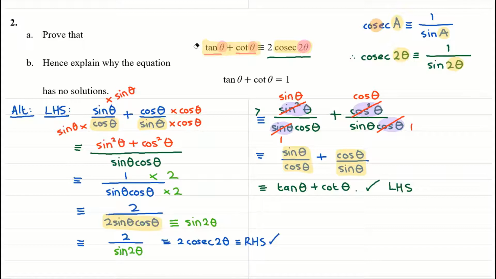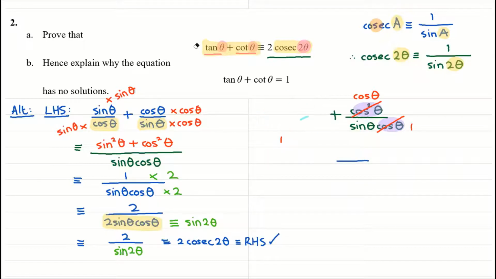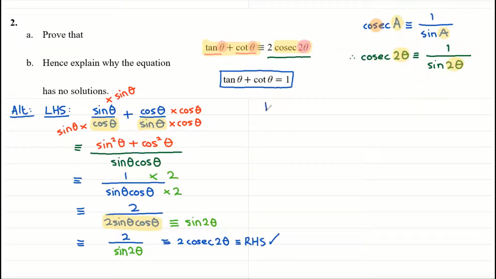The result is given to you. You just have to use it. So I'm just going to create a bit of space here. So the identity that we can now use, whether we proved it successfully or not, tells us that if you have tan theta plus cot theta is equal to 1, which it states here, then using the identity,